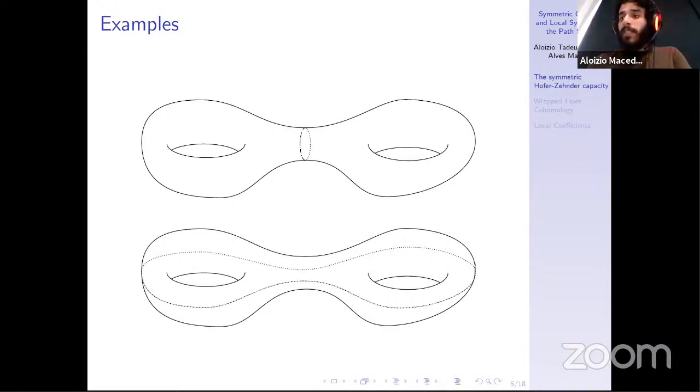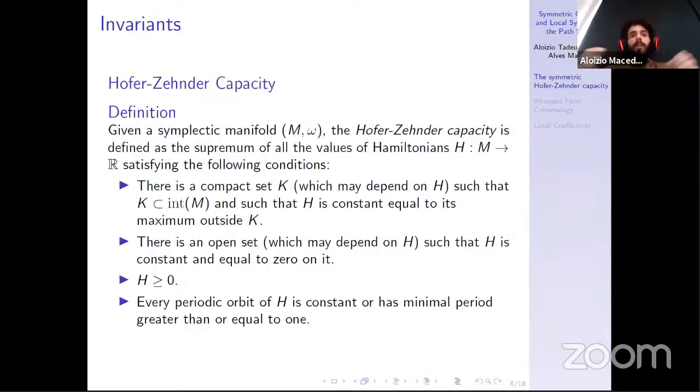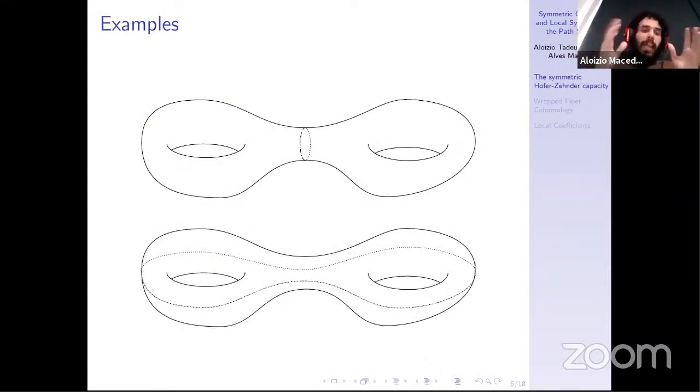And we'll also talk about some results in the example of the sublevel set of a Hamiltonian of the type I mentioned. But before going on, I will say that we have results similar to the standard symplectic topology in this context of symmetric manifolds. I will refer to these manifolds, symplectic manifolds together with an antisymplectic involution, as symmetric manifolds. Okay, so we have similar results to the standard case, in this case regarding the easy context